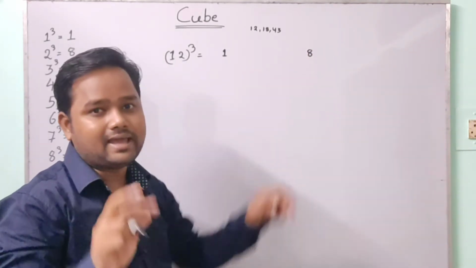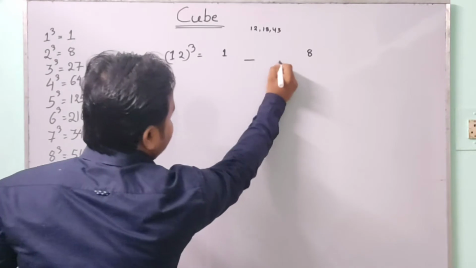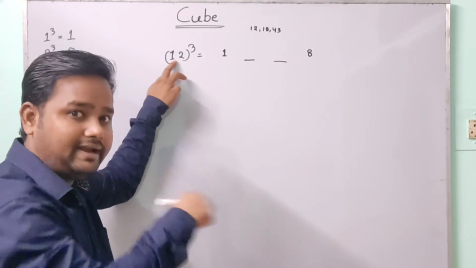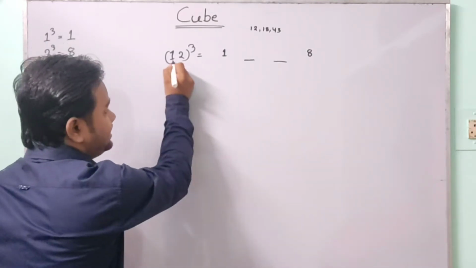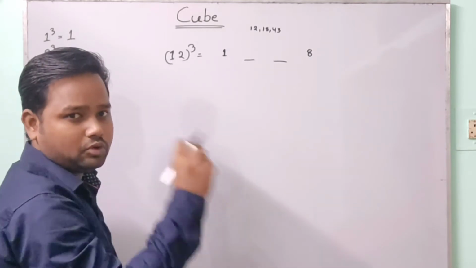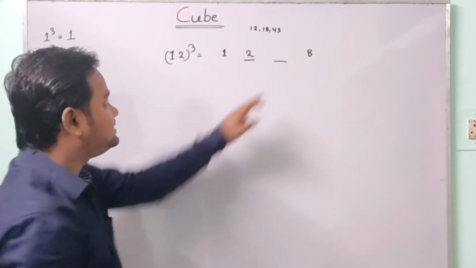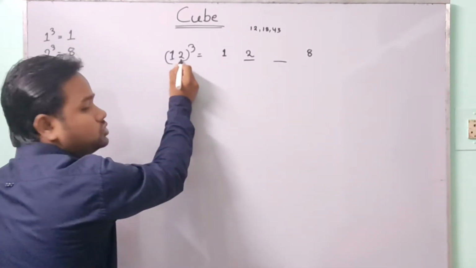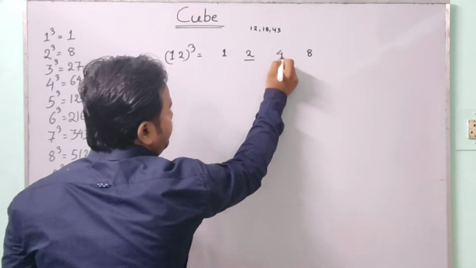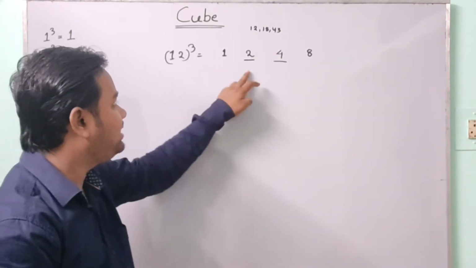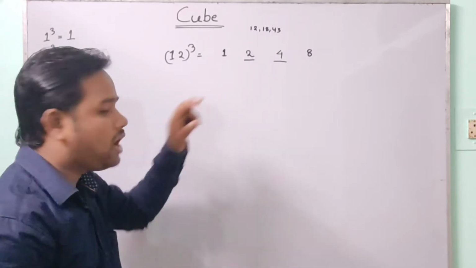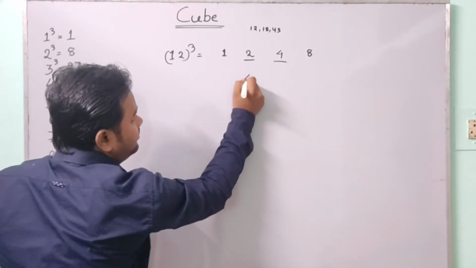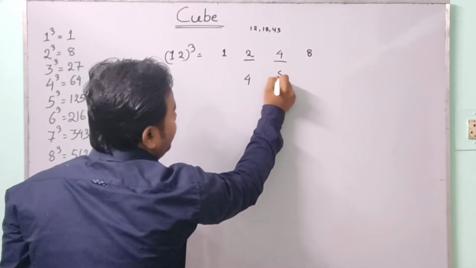Between 1 and 8, I have two places. Here is place 1 and this is place 2. In the first place, I have to write the square of the first number into the second. That means the square of 1 is 1, into 2 is equal to 2. In the second place, I have to write the square of the second number into the first. The square of 2 is 4, into 1 is equal to 4. Here, I have written 1, 2, 4, 8. Next, I will multiply by 2 the middle two numbers. That means 2 into 2 is 4 here, and 4 into 2 is 8 here.